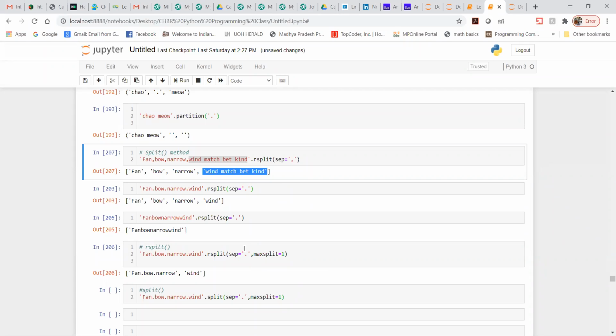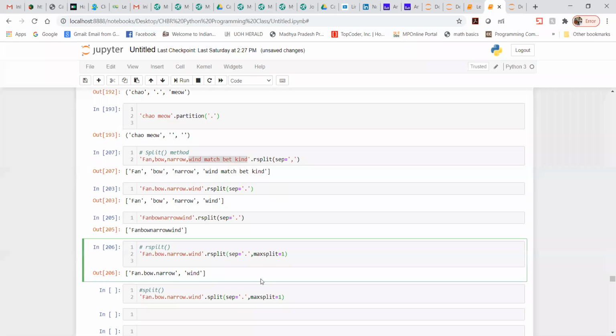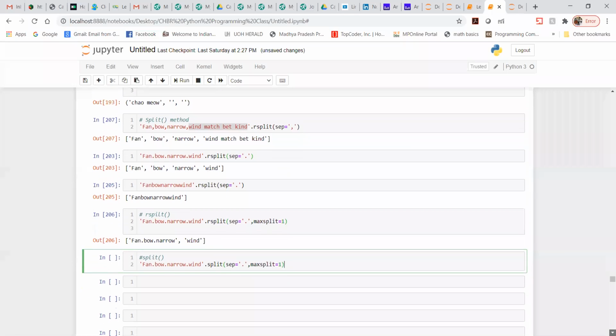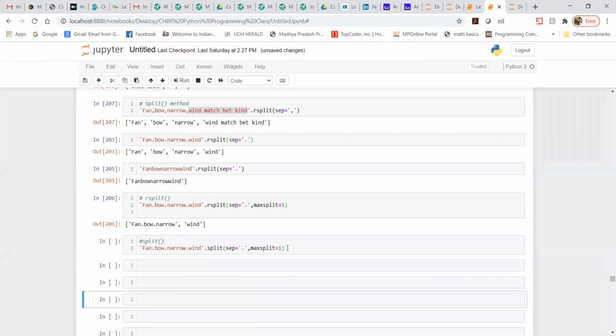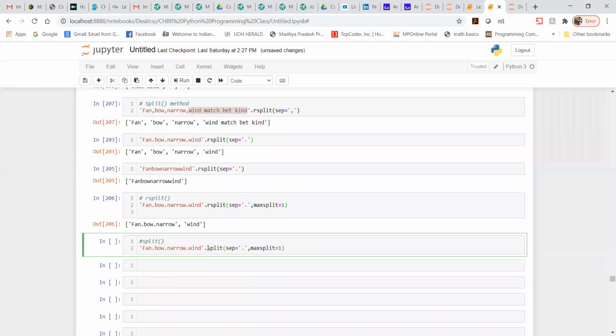Yeah, so I was explaining this rsplit, and I was about to say what exactly is happening with split. Here I have just made a difference. Instead of rsplit, I'm going to use split, and let me perform the same thing.